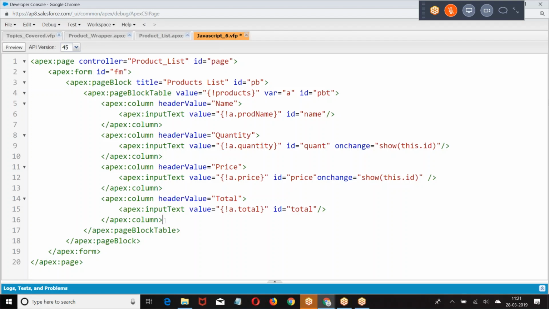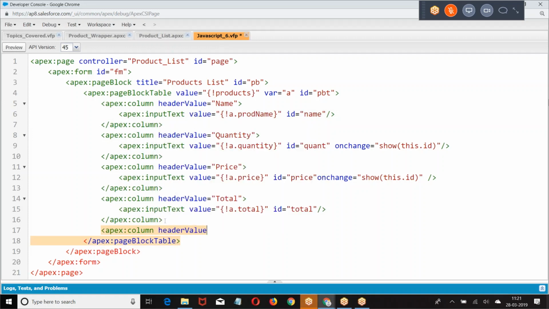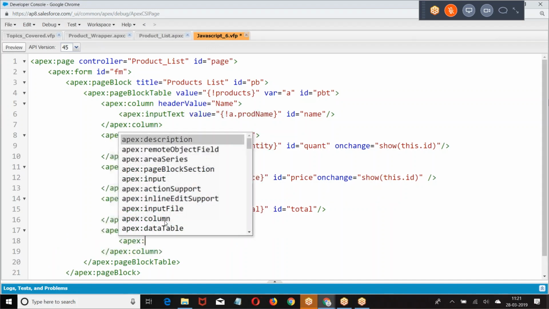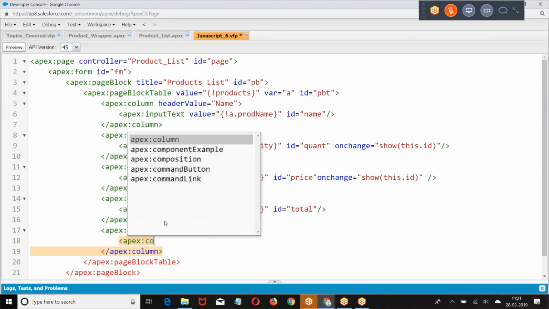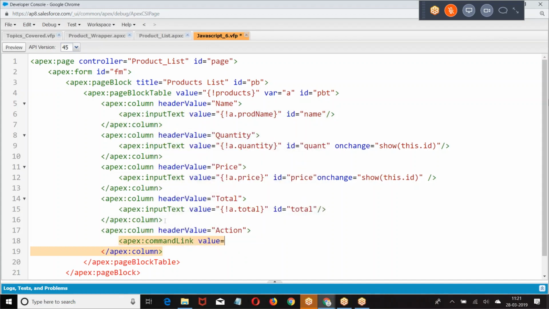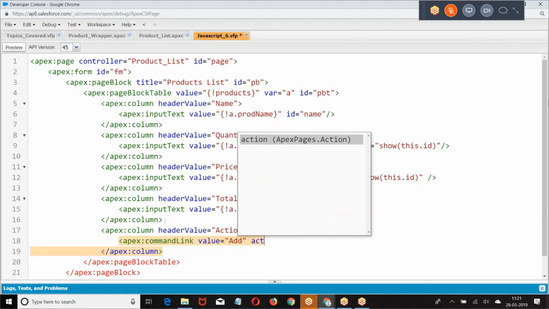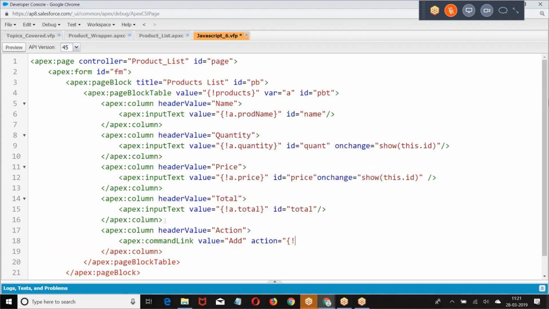At the same time, I'm adding one more column here, an fx column.